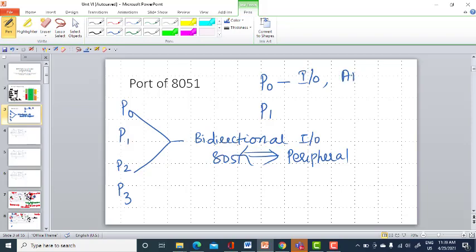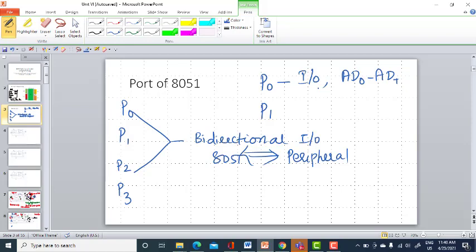It will act as a multiplexed address and data bus, meaning if you want to run a program, for example, the address of the instructions can be placed in the lower order address, in the P0 port, so that you can pick the code from your memory, namely your ROM, as well as take the data from the inbuilt RAM.